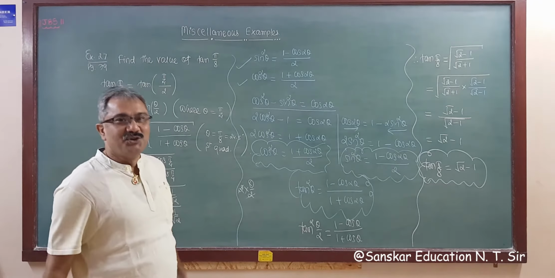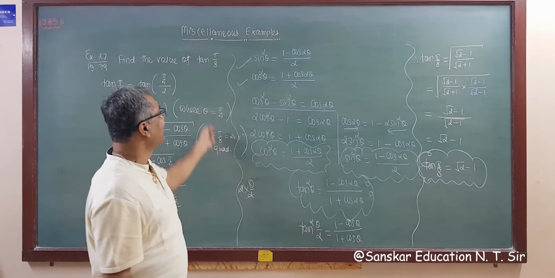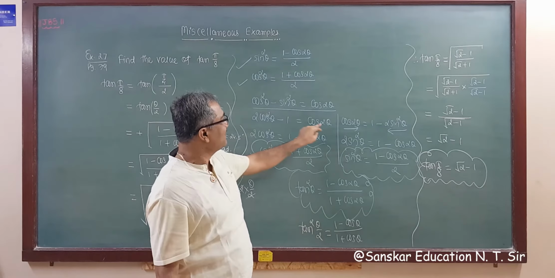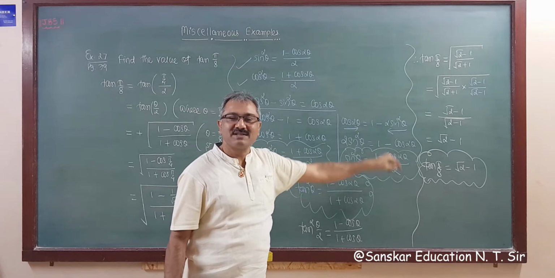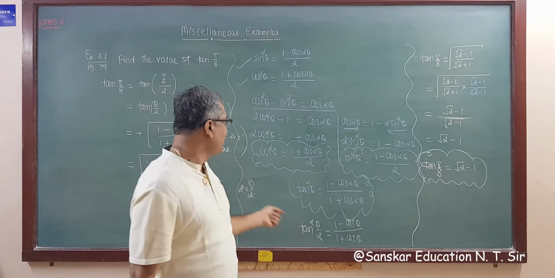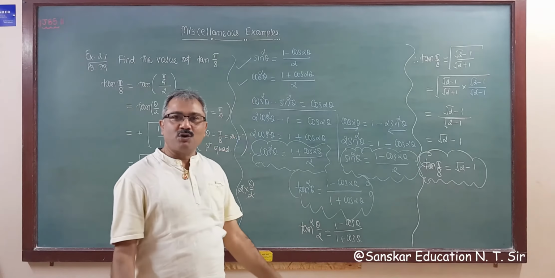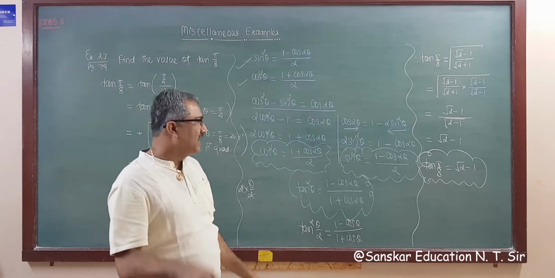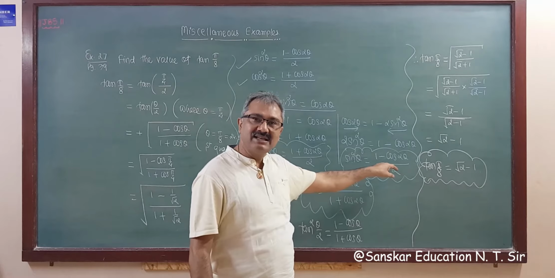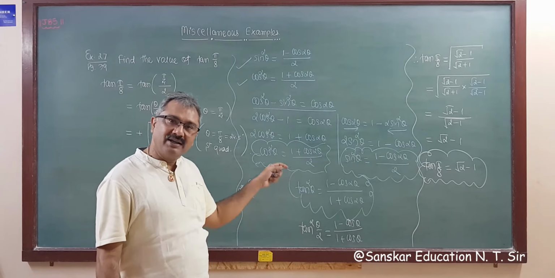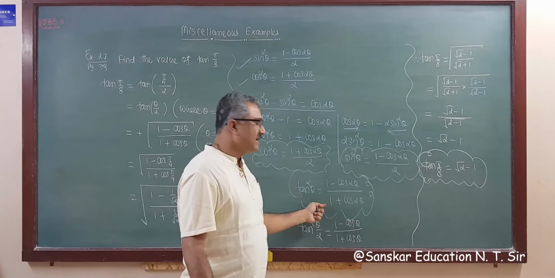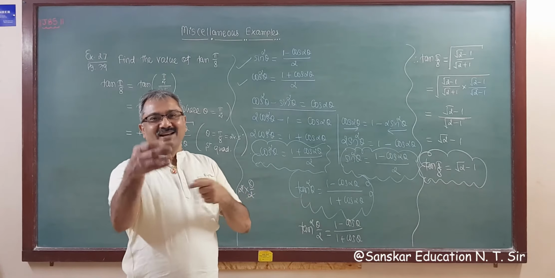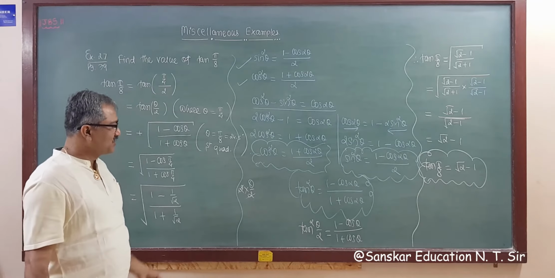So you get new formula from old one. That is, these 2 formulas are our old ones: 2 cos square theta minus 1 is cos 2 theta, and 1 minus 2 sin square theta. Using that formula, we derive 3 formulas, 1, 2 and 3. So cos square theta is 1 plus cos 2 theta by 2, and sin square theta is 1 minus cos 2 theta by 2, and sin upon cos is tan. So this is a very important formula for your calculus in future. Okay, so remember this thing.